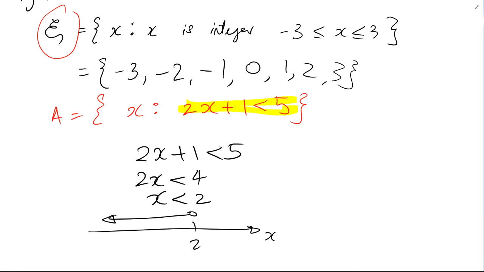Can x be possibly equal to 1? Can, right? Can it be 0? Can it be half? Can or cannot? So yes or no? No. Why cannot? Because inside this universe, do fractions exist? No. So I cannot, although half is less than 2, but in my universe it doesn't exist, so I cannot